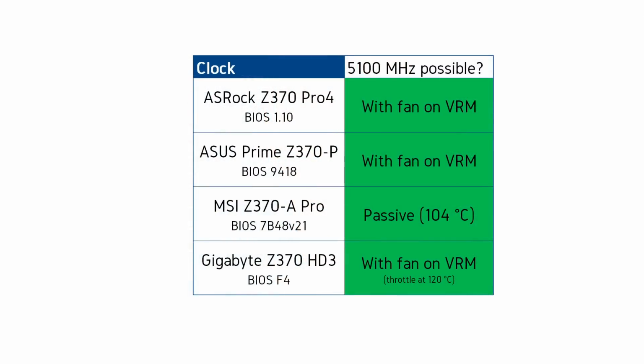So the question was, are all the boards actually capable of running 5.1 if I'm putting a fan on top of the VRMs? And I can confirm that it's actually possible to run 5.1 GHz on all of those four boards if you put a fan directly on the VRM, so the airflow is really good and keeps the VRM cold. In this case, you can increase the core voltage quite a lot more and still the CPU will stay stable